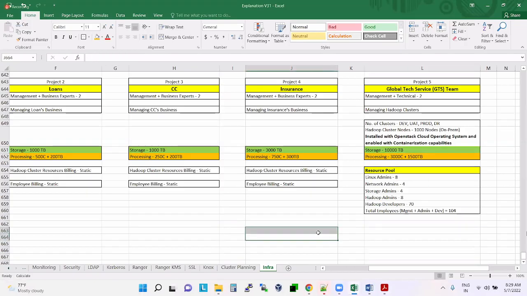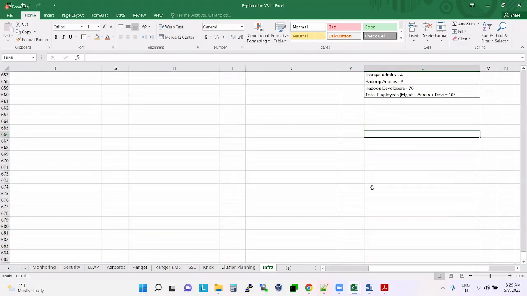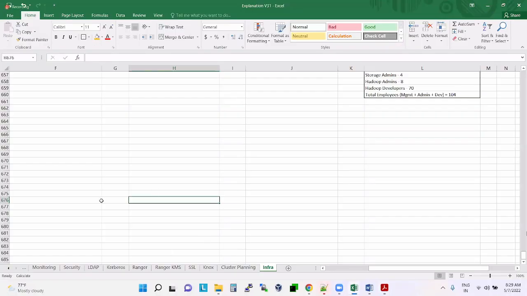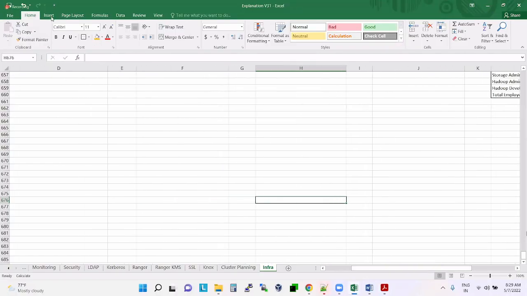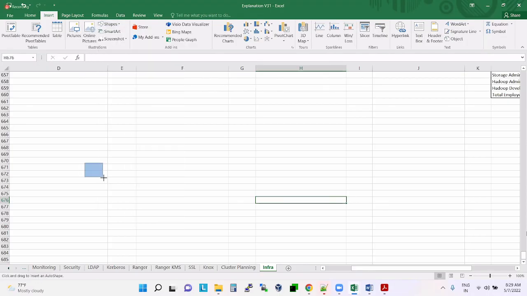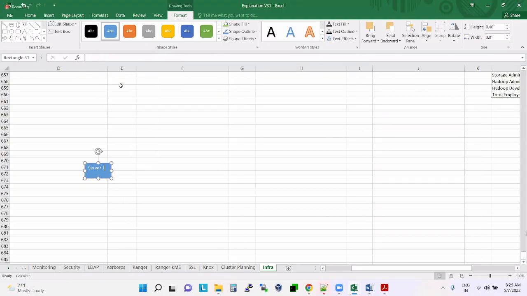So you have a Hadoop cluster here, Hadoop servers here. Let's say server 1 has 128 GB RAM.